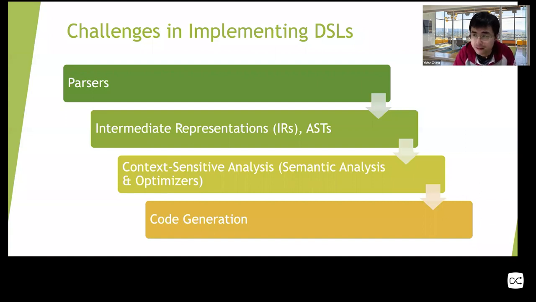And there exist other forms of IRs. For example, Lua also has an IR in the form of SSA. That's commonly found in traditional machine code generating compilers.